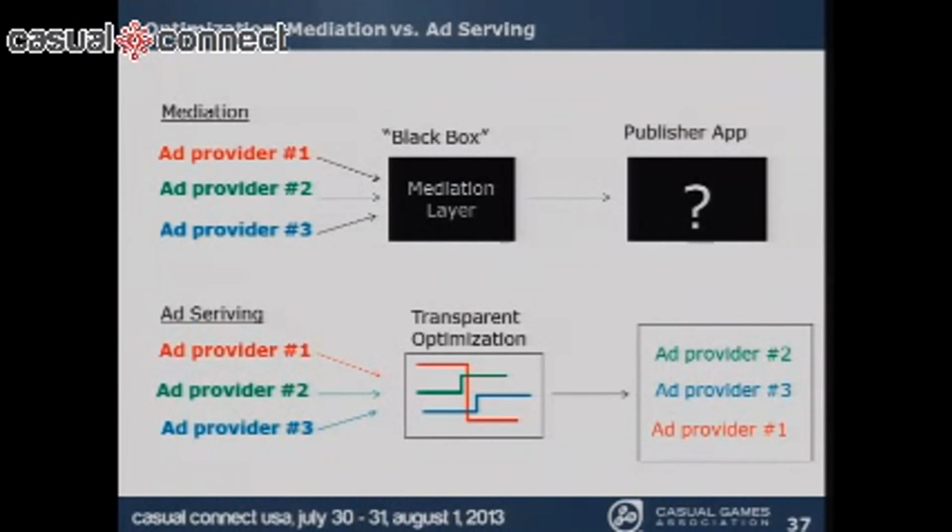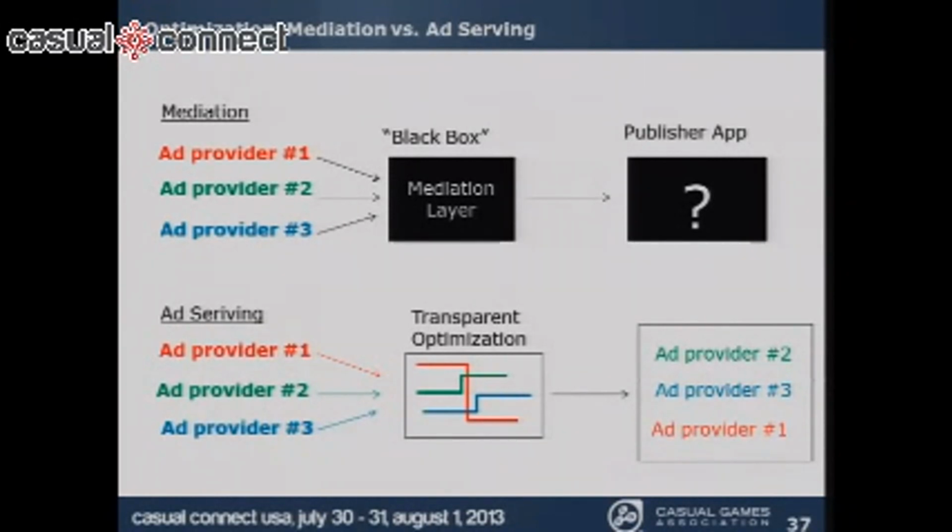Cool. So I want to take it to the next level with regards to ad monetization strategy. If you're really going to embrace a strategy, you're probably going to want to work with more than one provider. When you do that, it can start getting a bit arduous having to manage multiple ad providers and multiple dashboards. So there are two approaches that are now emerging in the marketplace on how to deal with this.